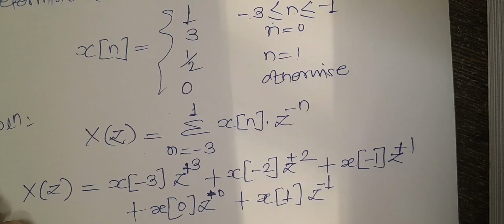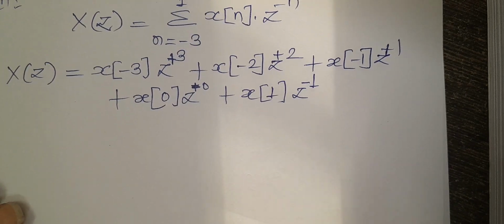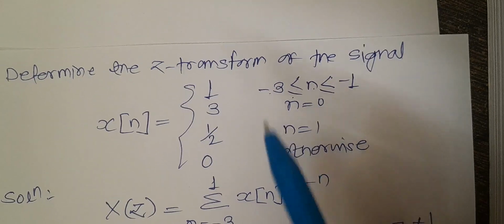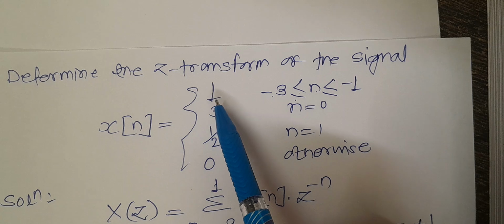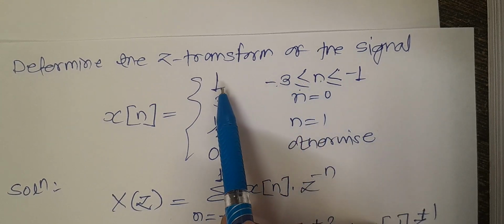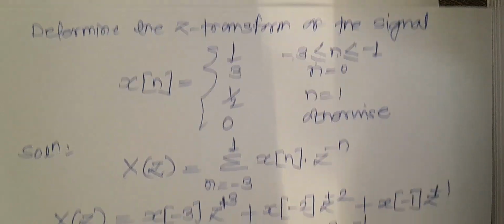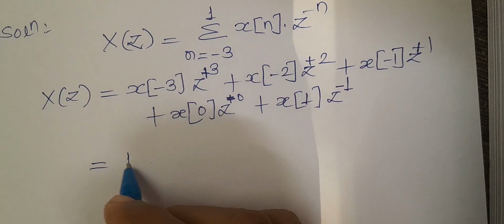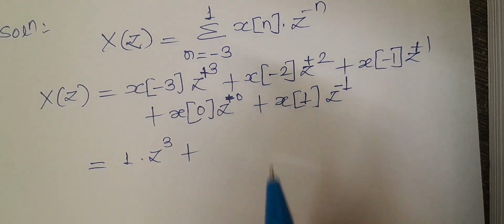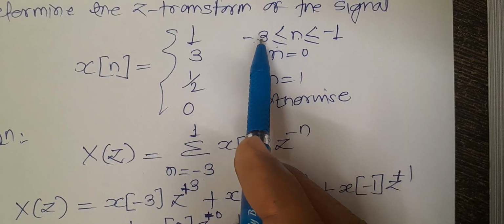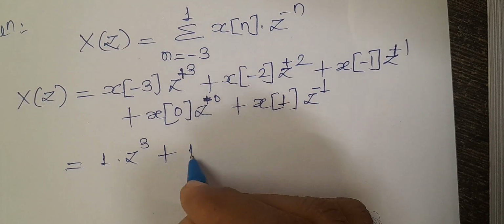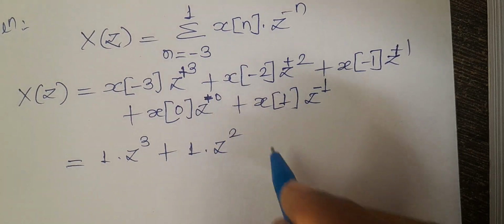So we have to just put the values. For x equal to minus 3, the value is 1, and for minus 2 and minus 1 the value is 1. So for x of minus 3 the value is 1, therefore z raised to power 3. For x of minus 2, so minus 3 to minus 1, the value is 1, so it is 1 into z raised to power 2